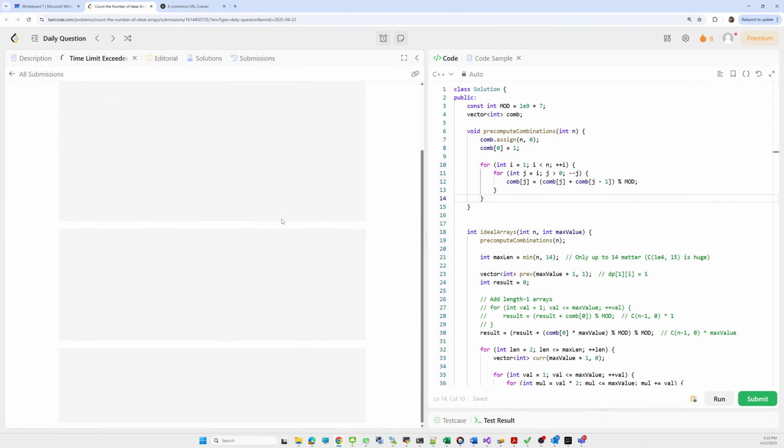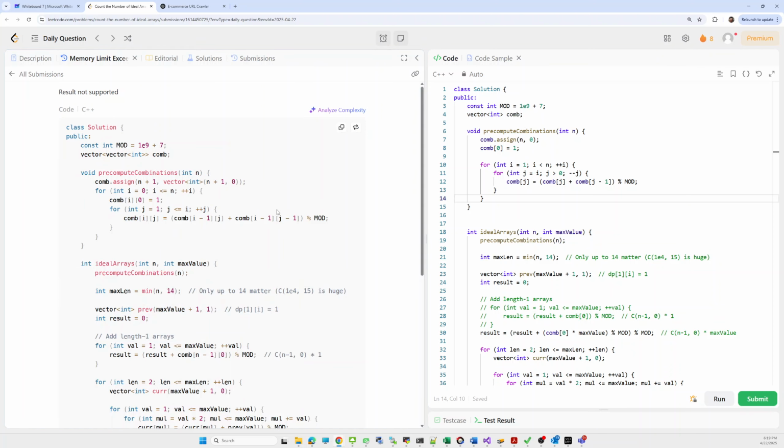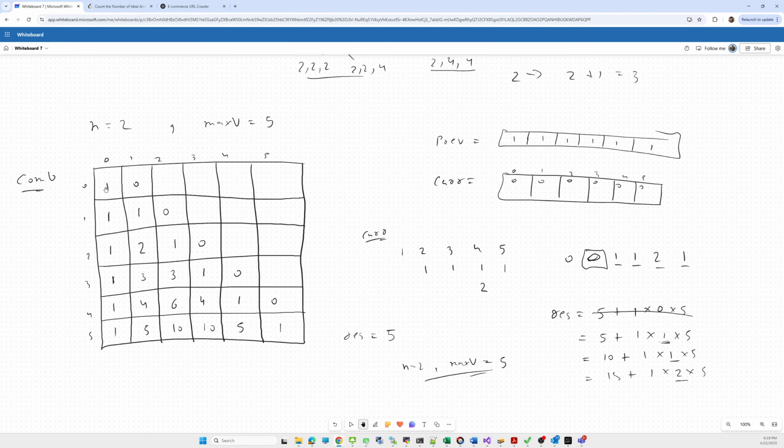Okay, in this I did the same, nothing is different. So first I update all the combinations. I took a 2D matrix of combinations, and iteratively update the combinations using the previous row. I update the next row in this format. One, then the next one will be this one, all of the first column will be 1, and the next column will be the sum of the previous column and the current column.